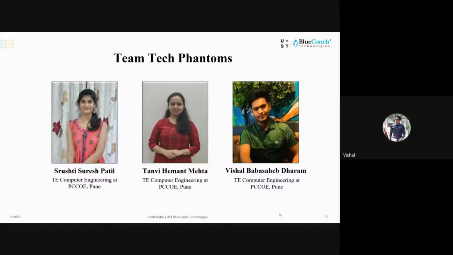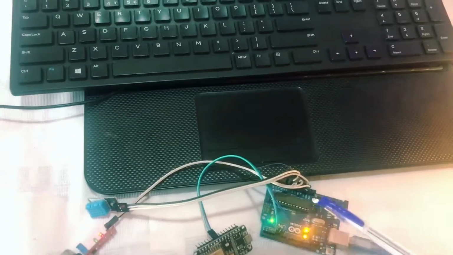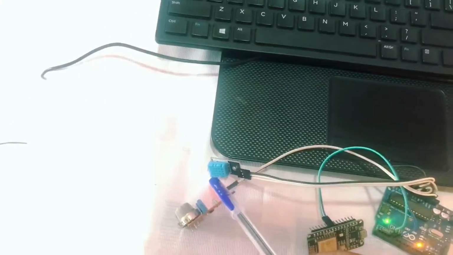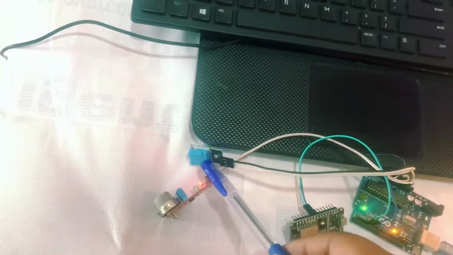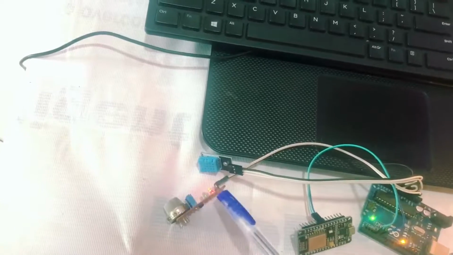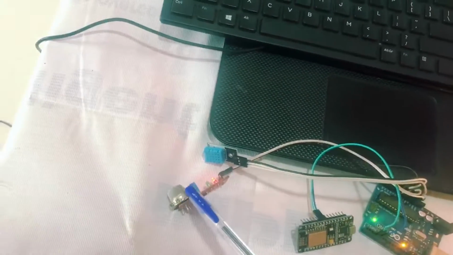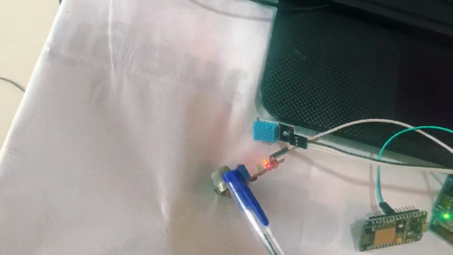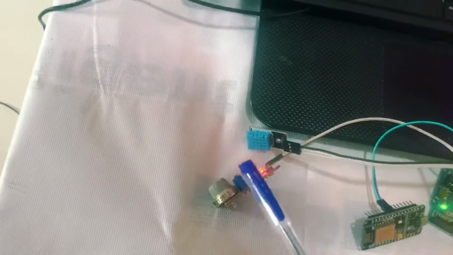I would like to give a glance of our prototype. This is a processing unit. Arduino UNO we are using over here for processing. It's basically used for getting the values from the particular sensor. As you can see over here, we are using the DHT11. It is capable of sending both the values, temperature and humidity. After that, for getting the gas value, we are using the MQ135. Specifically, MQ135 is responsible for sensing the values. We can see the air quality of that particular part.